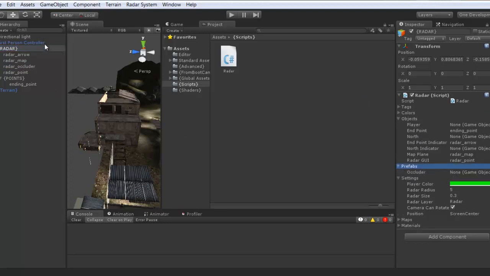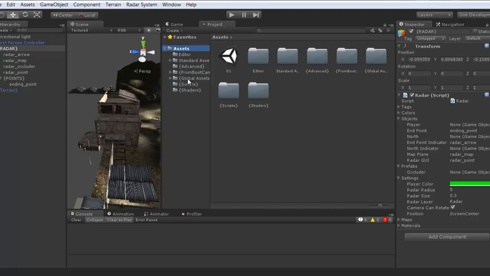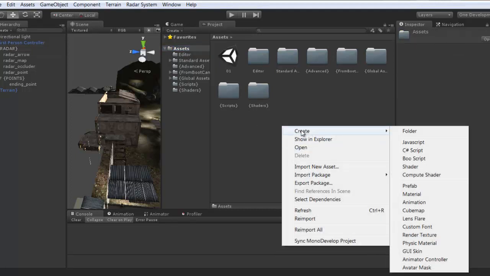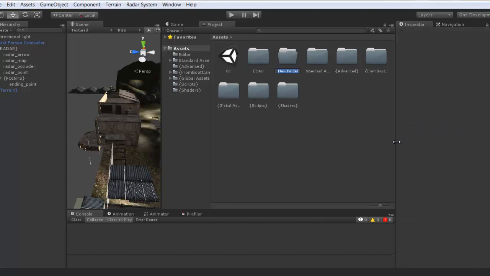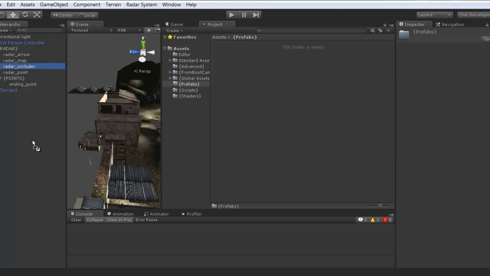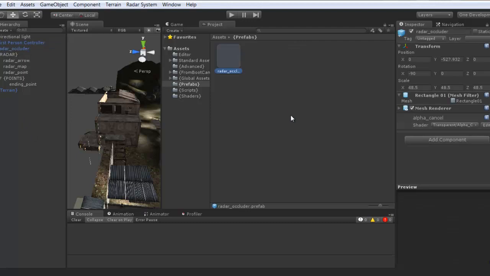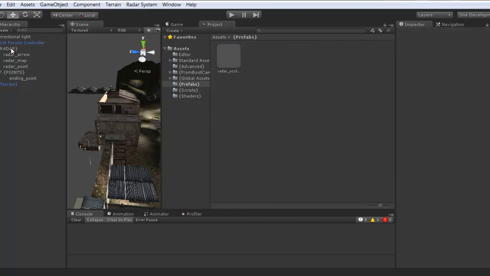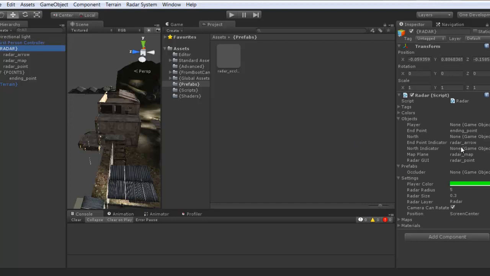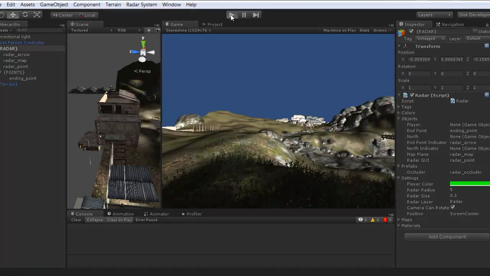Prefabs? Oh, I should make the occluder a prefab. So in assets, let me create another folder and call it prefabs, and make the occluder out and make a prefab from it. And now I can delete the occluder, and in the radar system I can make it a prefab. So now if I run the game,